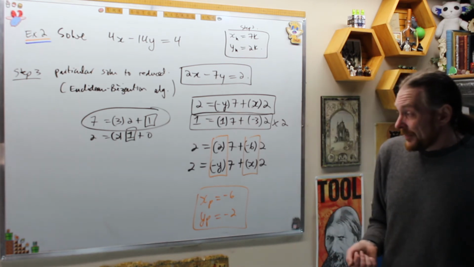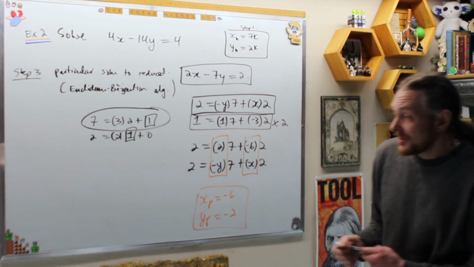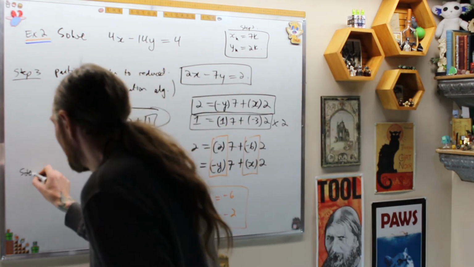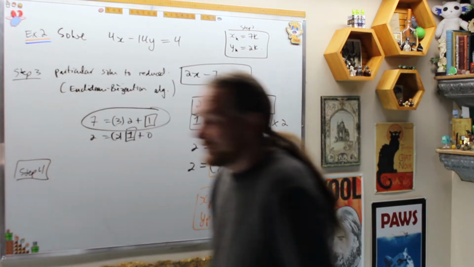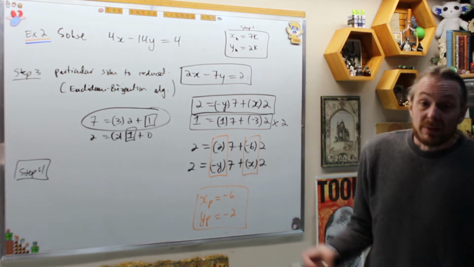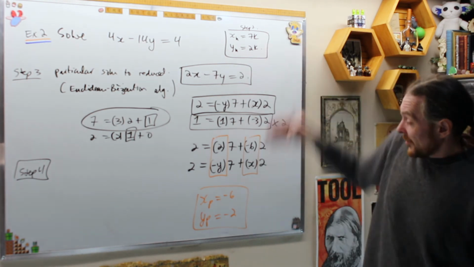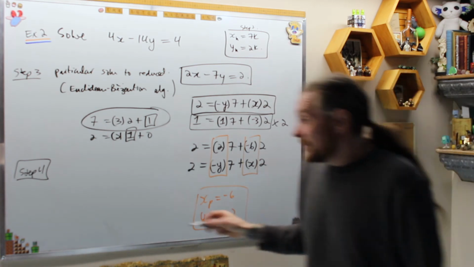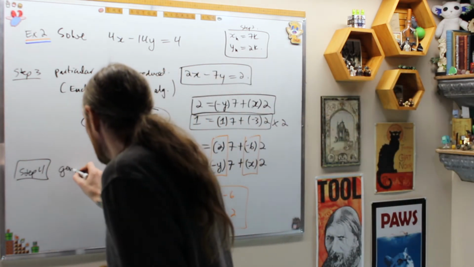It will appear somewhere. Therefore, what do I have? The general solution is step 4, which is essentially just writing it together. And step 5 could be check if you want, but step 4 is going to be the general solution is a combination of the particular solution and the homogeneous solution. So the general solution